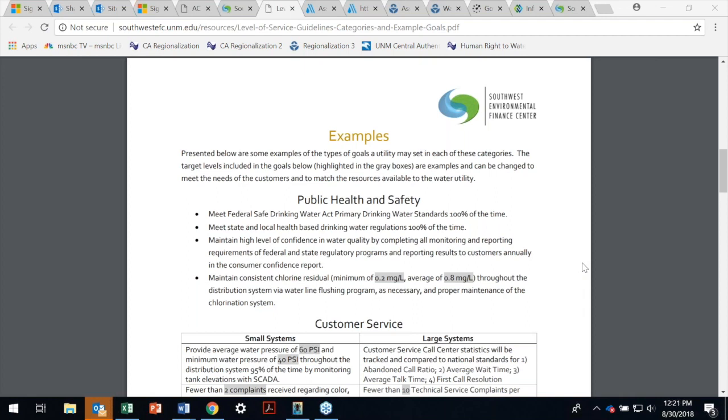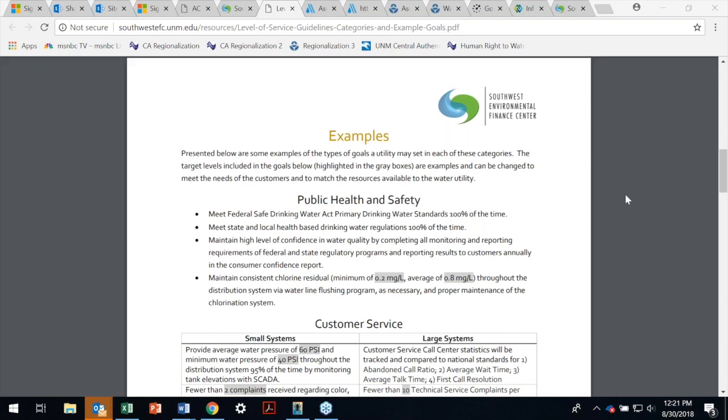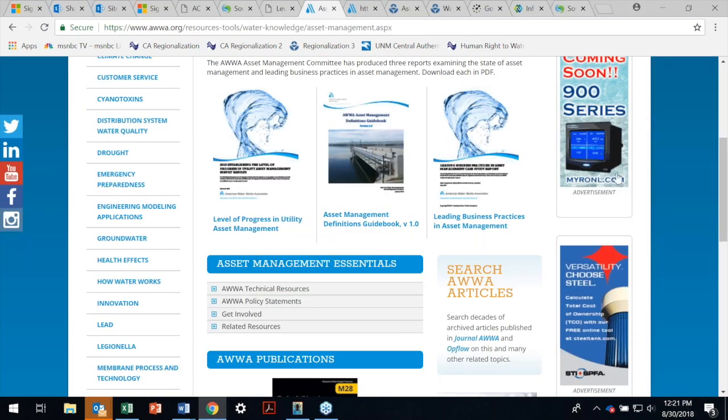And speaking of resources, just to show a couple of resources, because a couple of people asked about what's out there that you can look at to see what utilities are doing. I just want to mention a couple of resources. The American Water Works Association, AWWA, has a whole asset management committee.